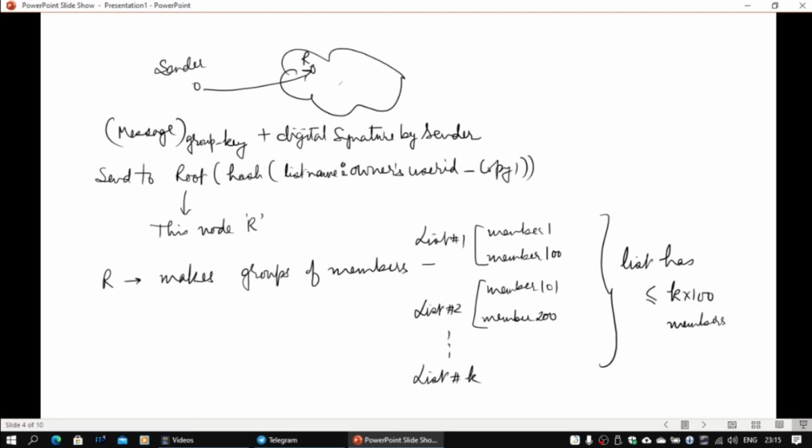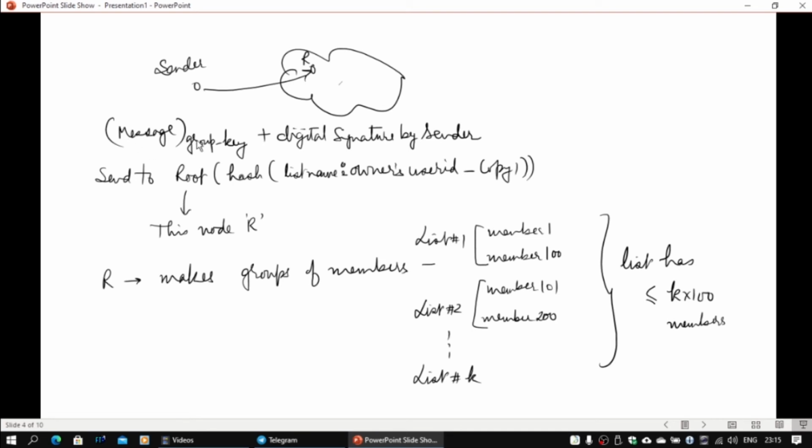Now, a sender wants to send a message to this list. How can this be done? I discussed this in the previous video. It will create a message, and as I mentioned earlier, there is going to be a group key. For the whole group there is a key which the group owner will dispatch to all members. When the membership is updated, at that time a key is generated and sent. Of course, when you remove somebody from the list, you remove them from the root, but if somehow that person still gets a message, he will be able to decrypt it unless you change the group key and then communicate it to everybody.